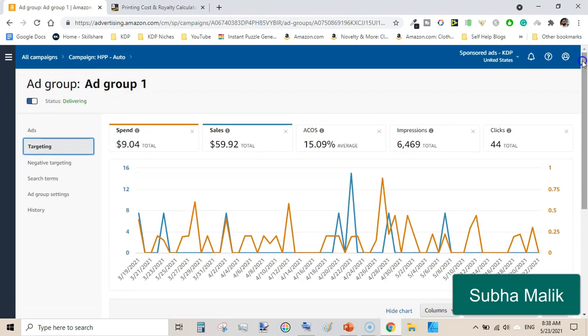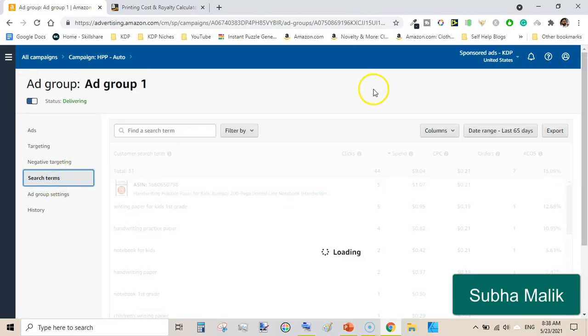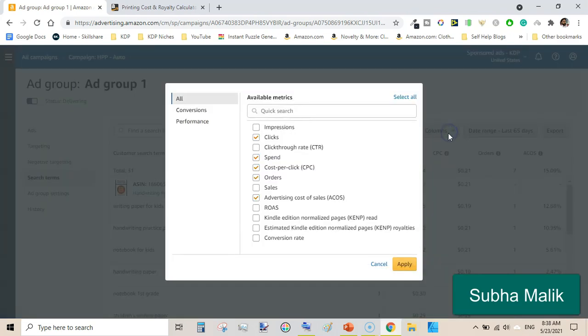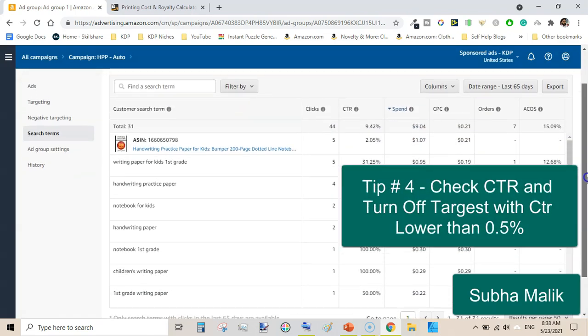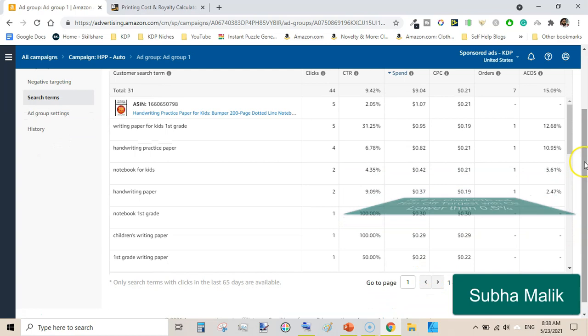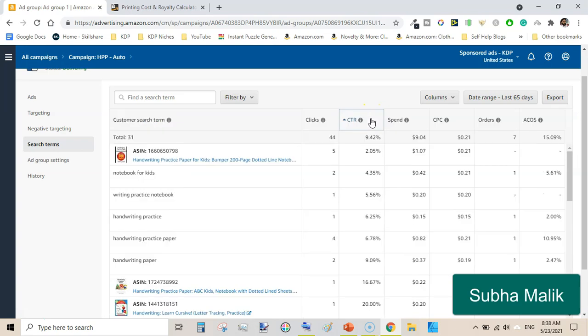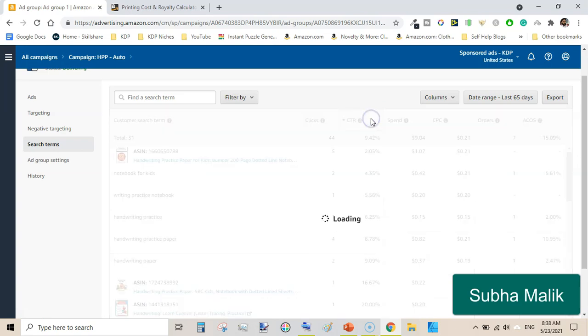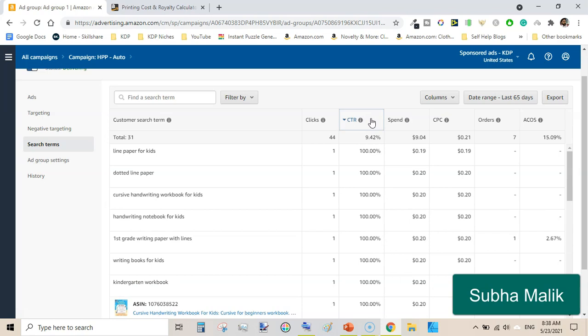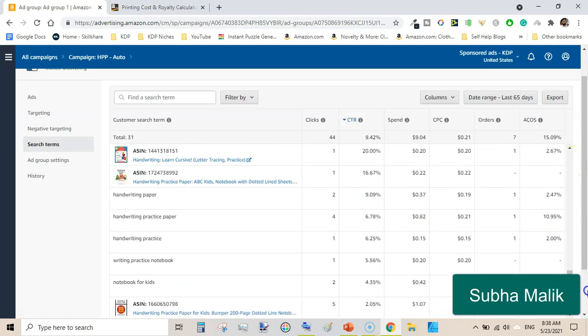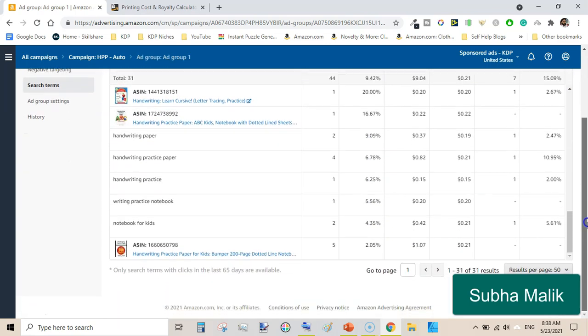The third thing, you can also look at the click-through rate. Just go to search terms, and here go to columns and customize columns, and check the box that is click-through rate and hit apply, and then you will see the click-through rate here, CTR, and you can sort it in descending order, and you can note any keyword that has lower than 0.5 click-through rate.